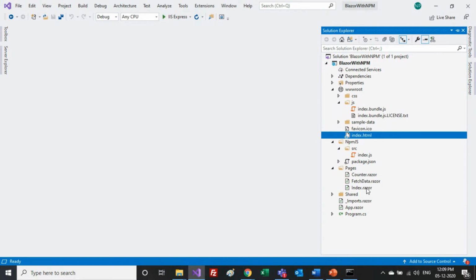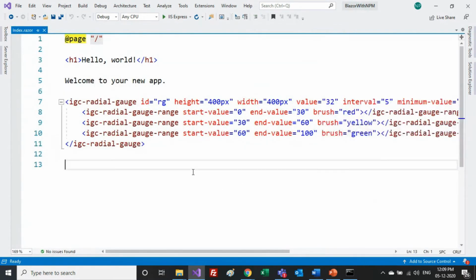So for that, let me come up over here, and we can define some buttons over there. Simply we can call some C# code on that button click, and that event can directly call some JavaScript function. So here we can establish a connection, which is JS interop, which is by default available in all types of Blazor application.